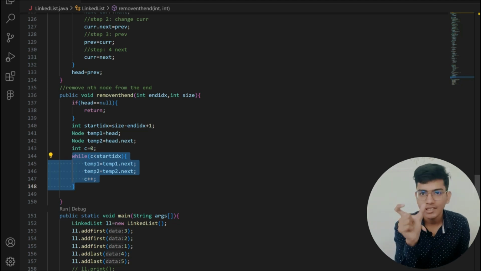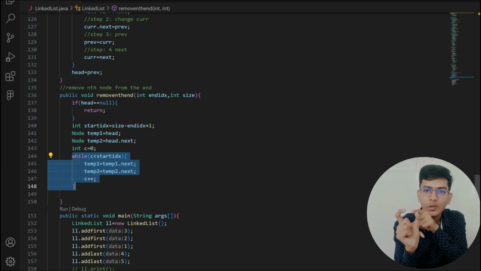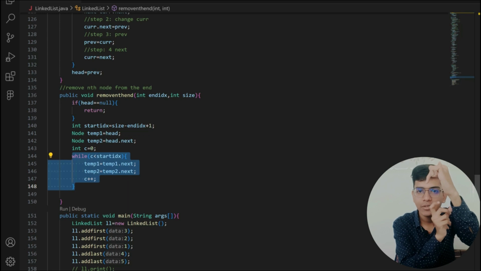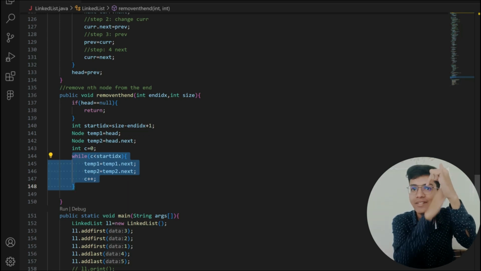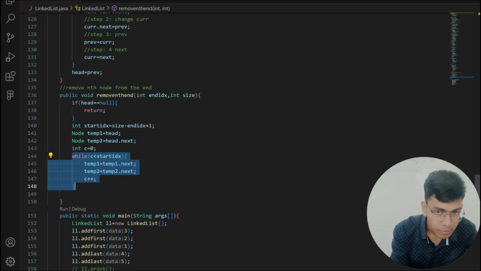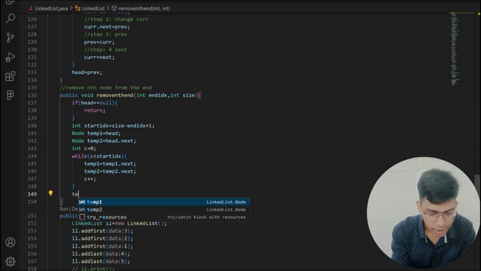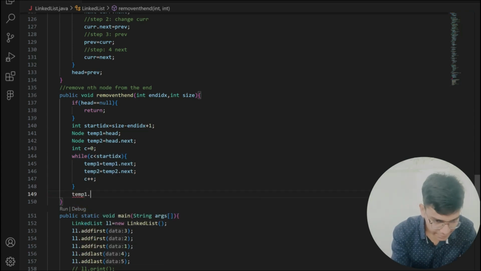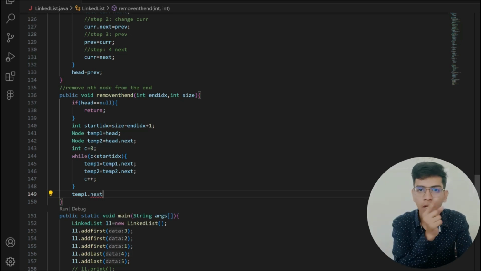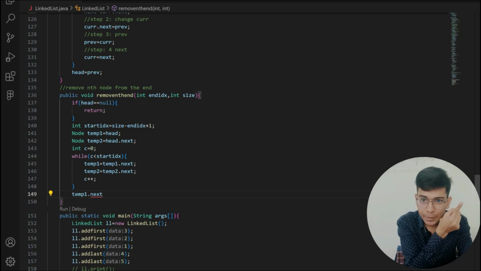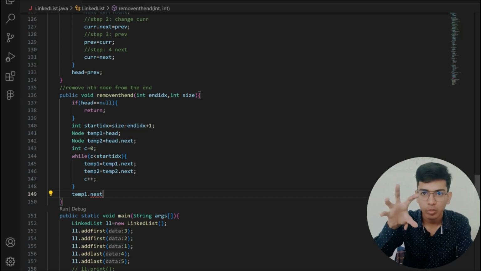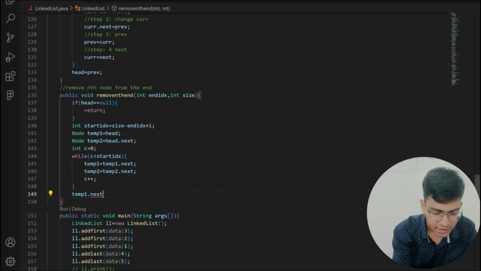Let us consider that this is my starting index. This starting index is pointing to temp2, and T1 will point to my C value. So here what I'm going to do is, instead of temp1.next pointing to T2, I am directly pointing to the next node of the corresponding T2 element, that is, temp1.next = temp2.next. This single step